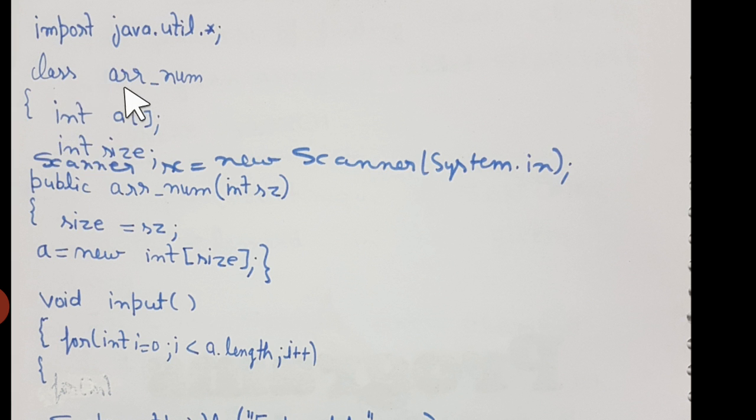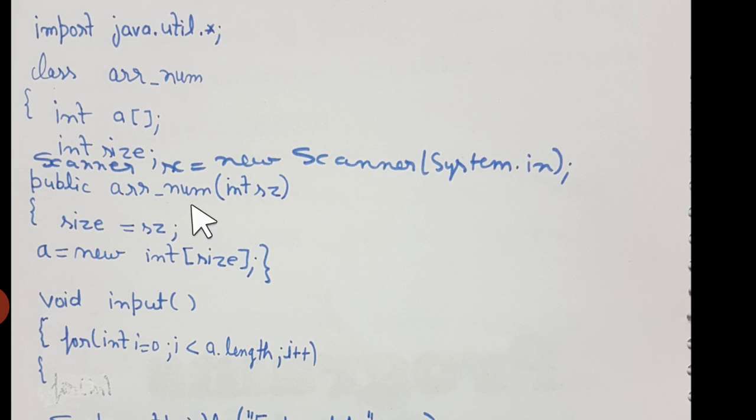So we start the class definition because it's a Java program, and here we have data member a, which is an array of int type. So int a[]; So it is just the declaration that it is an array, all right, of int type. After that we have got one size data member. It is also of int type. It's going to store the size of the array. After that there is an object creation of a scanner class. So Scanner sc = new Scanner(System.in);